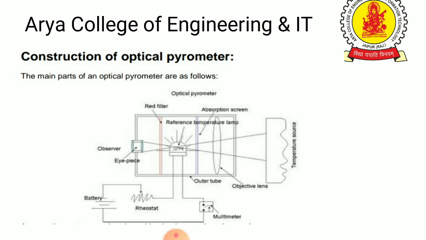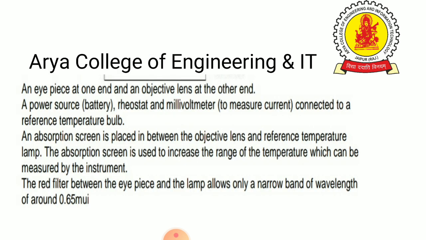In this system, there are an observer, eyepiece, battery, rheostat, multimeter, outer tube, objective lens, absorption screen, red filter, and the temperature source to be measured, all attached in the system. Now, the working